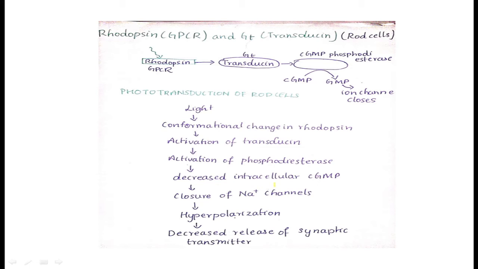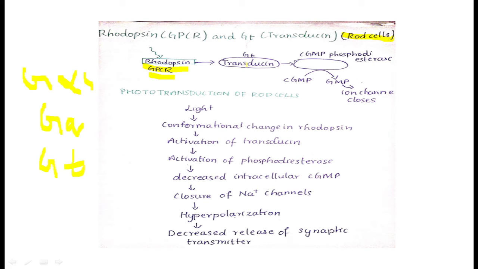Yes, this is Gt. Now we have seen G alpha S, right? Then Gq. Now we are going to see Gt. These are various classes of G proteins. So what happens? This is your GPCR. The GPCR is attached to rhodopsin. And when light passes, this basically happens in the rod cells of your retina, that is the eyes. So rhodopsin activates transducin.